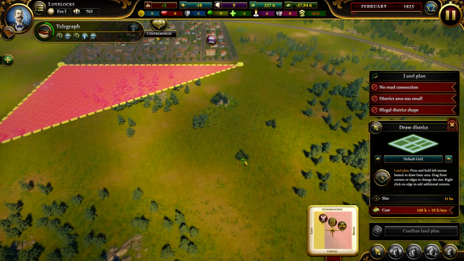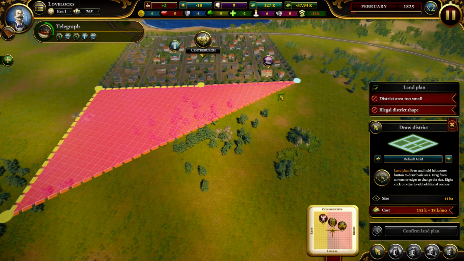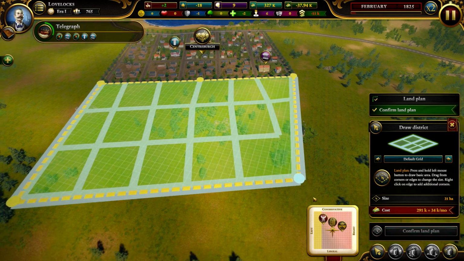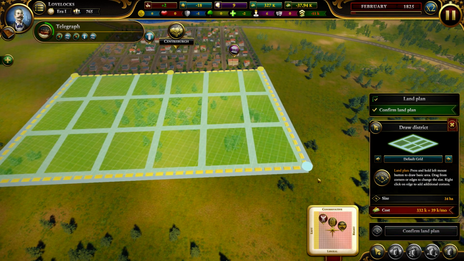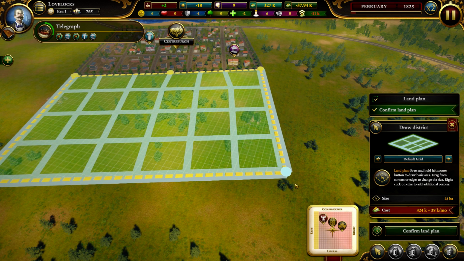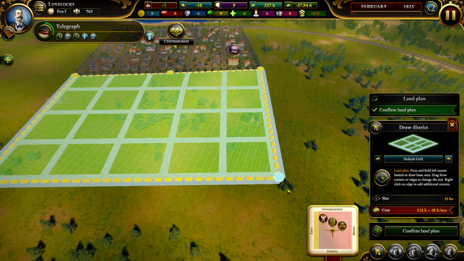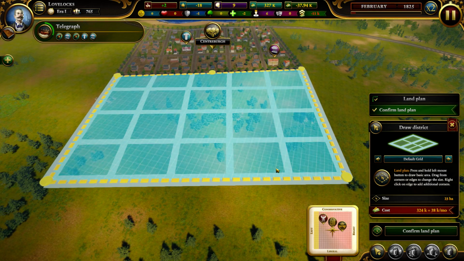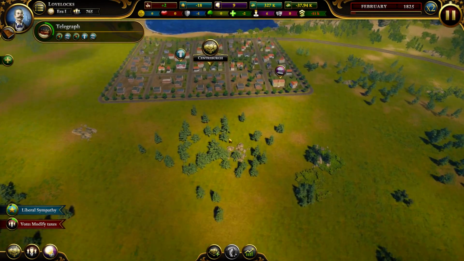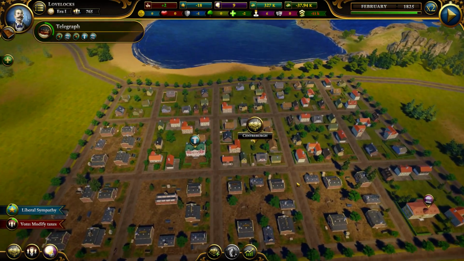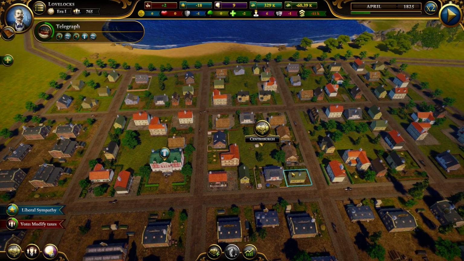No road connection. No? There we go. Weird, how the roads get... Okay, that's better. At least the roads are connecting all the way through. Oh, look at that. No one approves that. That's so cool that you have to consider what people will actually approve. I'll forget that. Can't get anything passed. Goddamn bureaucrats.